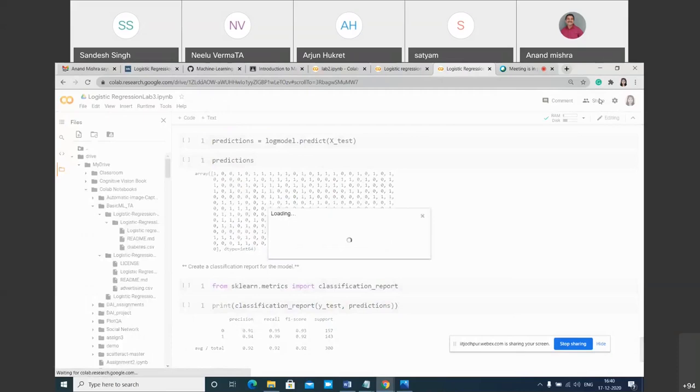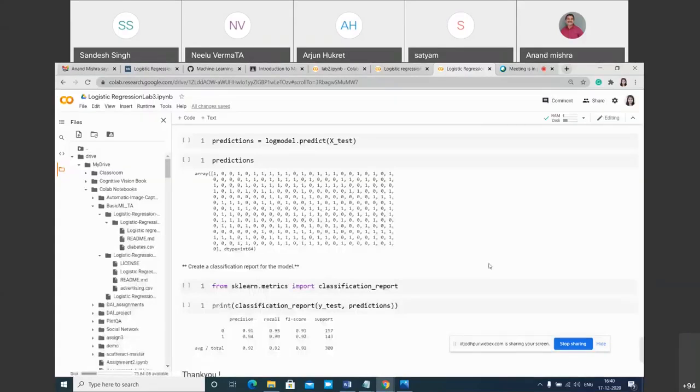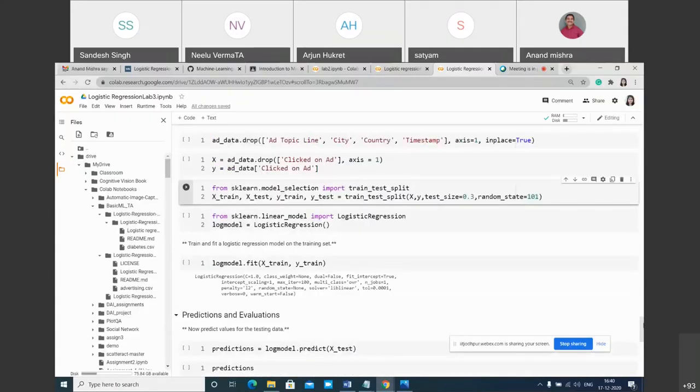Please share this file, and then the question about random state. Let me explain that. You are given a data set, and you are going to split it into training and testing. How are you going to split it? You randomly pick some of the samples for training and some of the samples for testing. Because this is a random thing, if you want that split to always be the same, even if you run it 10 times, the split will be the same.